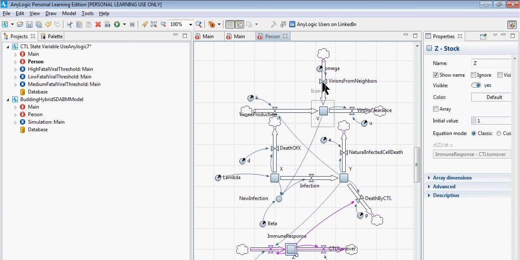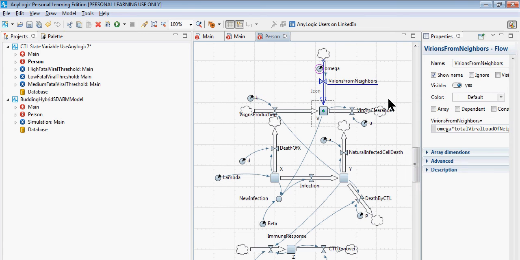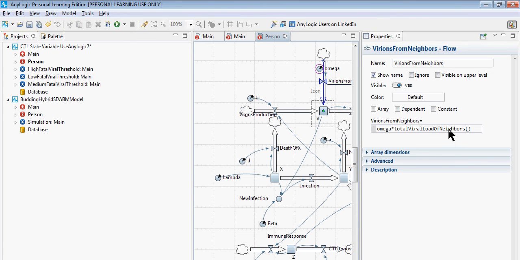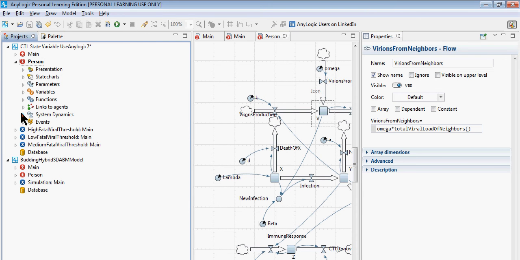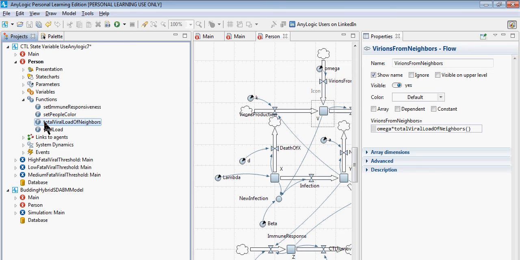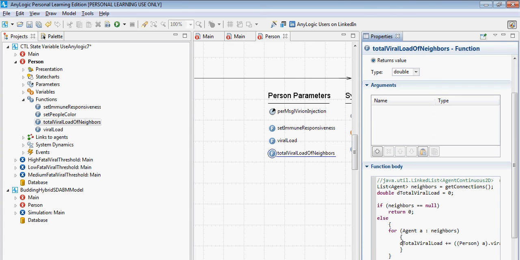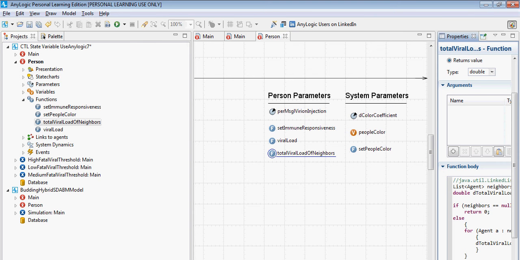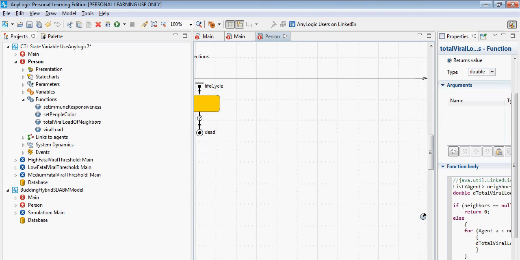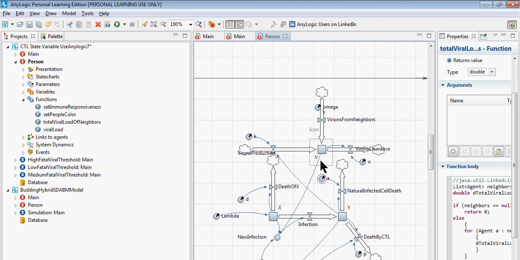So here we have viruses, we have individuals whose cells can be uninfected or infected, and infected cells can die by attack from the immune system. The immune memory is represented here by a state variable Z, and these cytotoxic T lymphocytes, represented by Z, can kill off infected cells. There's also some natural cell death. This is a very coarse-grained depiction of the immune system. Yes, it could be depicted at an agent-based level, but